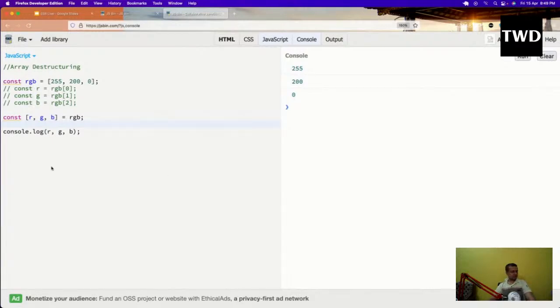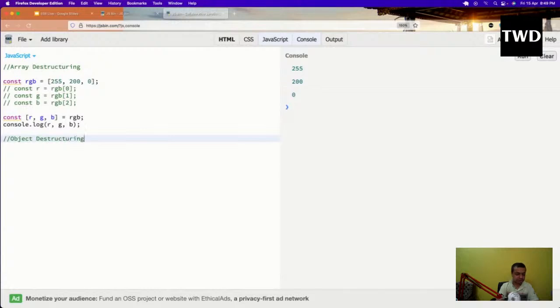So now we are going to look into object destructuring. Object destructuring is also very important, and it is used in React a lot. When we learn React, I generally teach class-based React first. In that there is a this.state, which is an object. So objects are used a lot in React. So object destructuring, const developer equal to